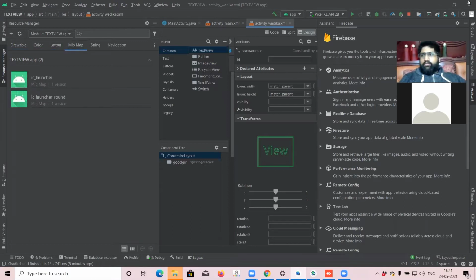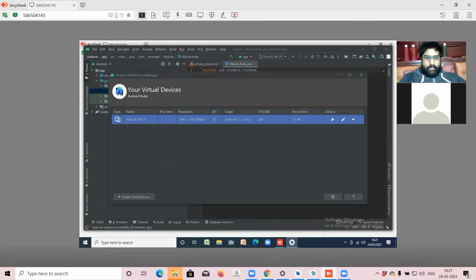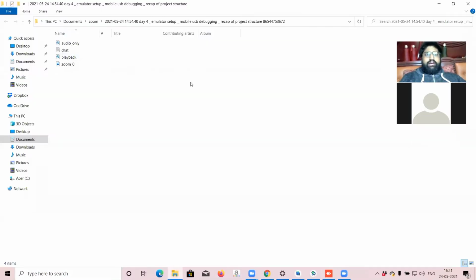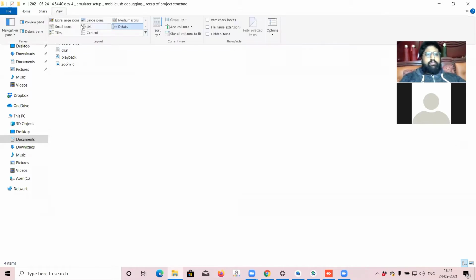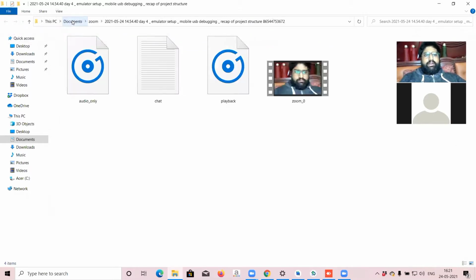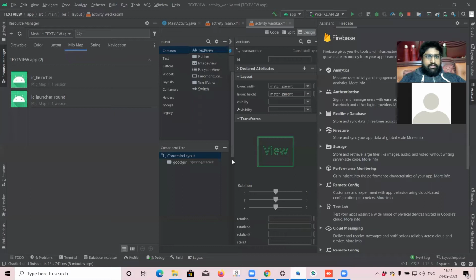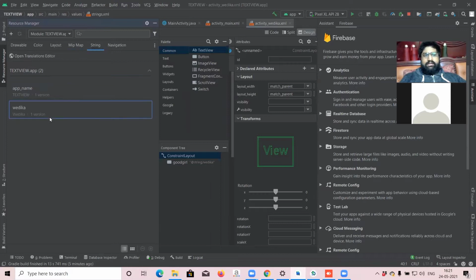Right now it is in normal view. If you want to use it in large view, we have to use this. So it is showing as a large view. Strings are there. We have created a name Vedika just now, and navigator will be there.